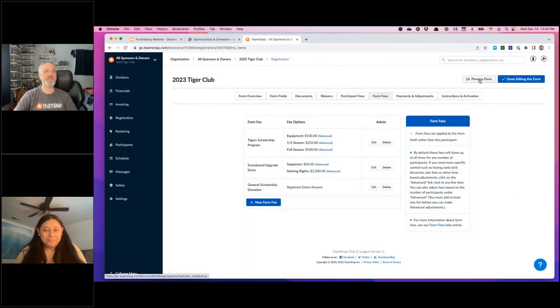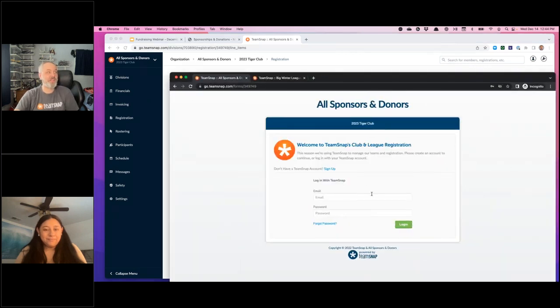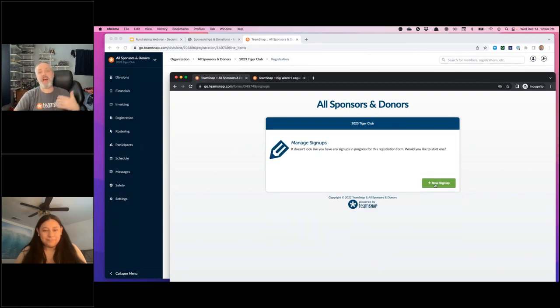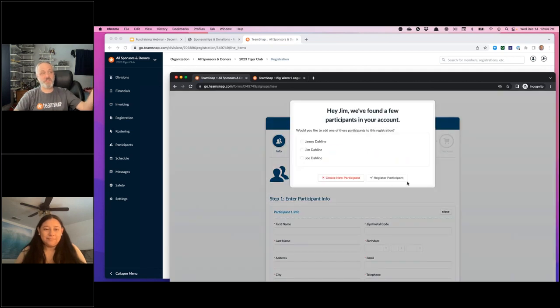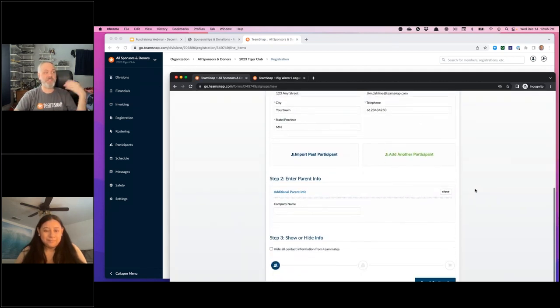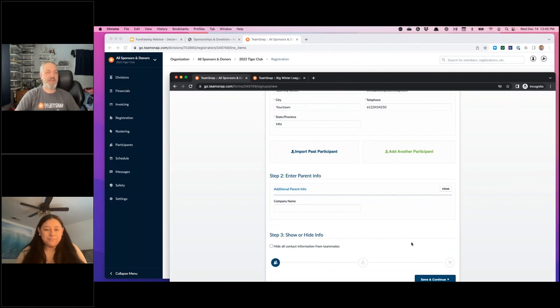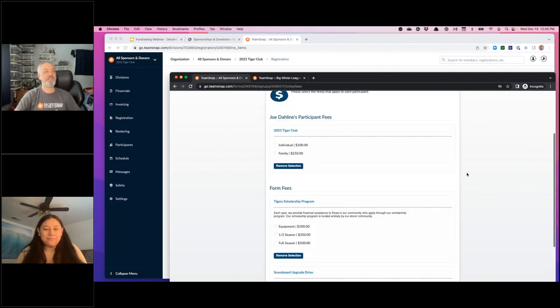We've got these adjustments, but let's actually look at the form and see how this shows up. So I'm going to log in. Imagine that I clicked on this back from our donations page. I'm going to register this participant. You don't really have to add much more. And now I go on to this next page.